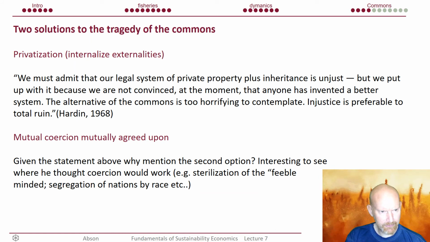So Harding himself came up with these two solutions for managing the tragedy of the commons. Privatization, so you internalize the externality. In other words, if the problem is that rationally a commonly owned resource will be overused, then you simply don't make it a commonly owned resource. You make it into a private resource owned by clearly defined individuals, and then all the benefits of using that resource flow to those individuals, but so do all the costs. So if you start degrading your pasture land, then you'll stop because you're feeling the costs of that degradation.